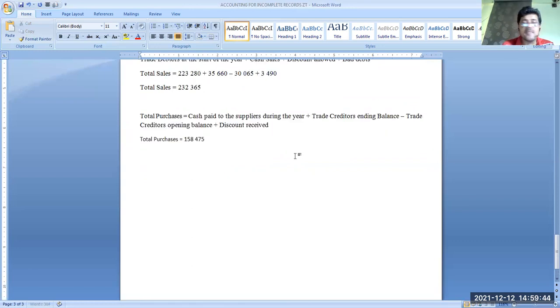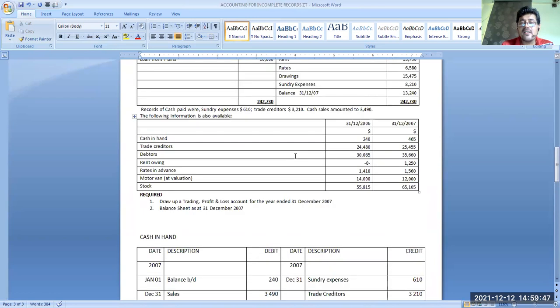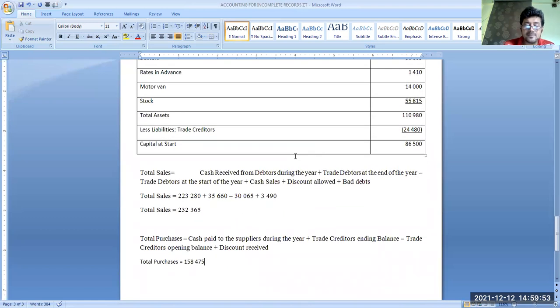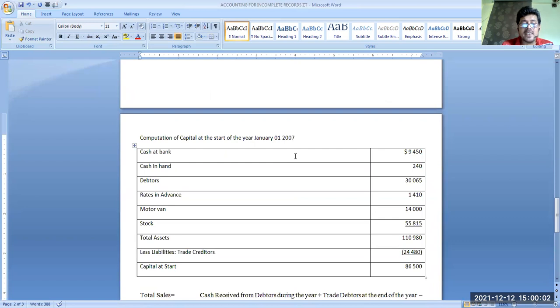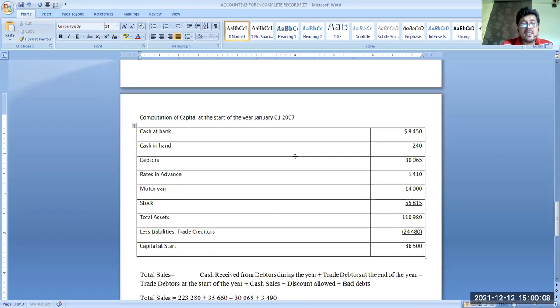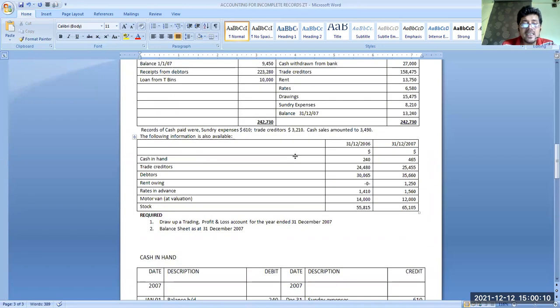158,475. Okay. Then trade creditors at the end of the year 25,455, plus 25,455. Trade creditors at the end of the year. Less trade creditors at the start of the year. At the start of the year, it was 24,480. I don't think we have any